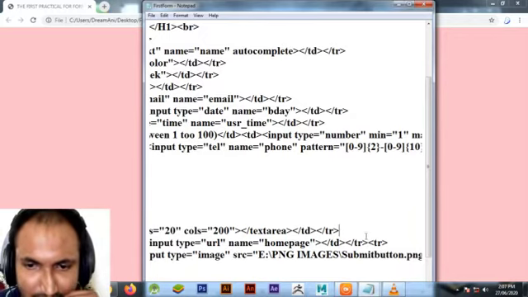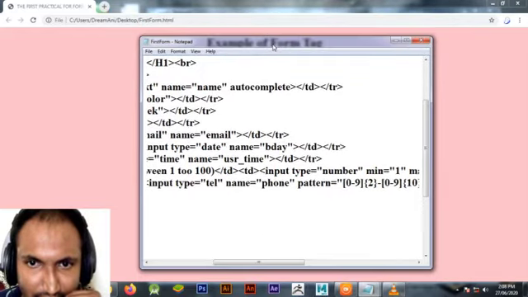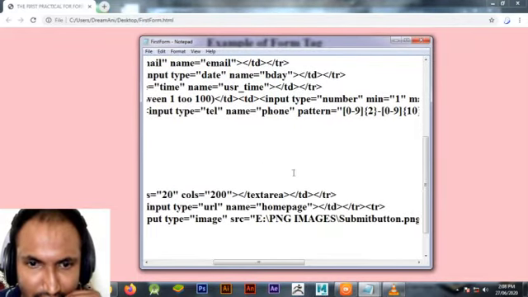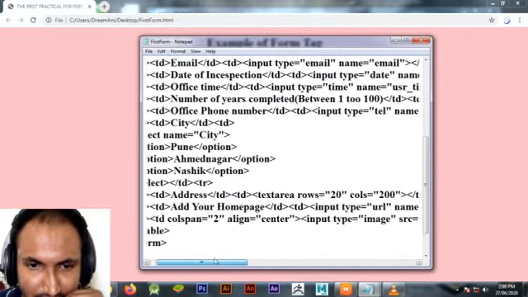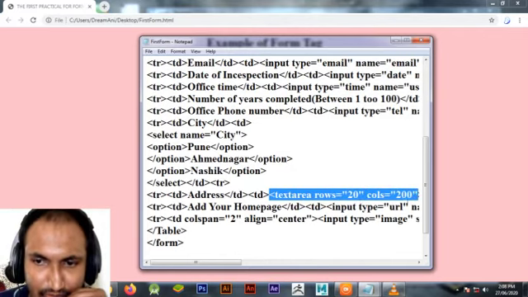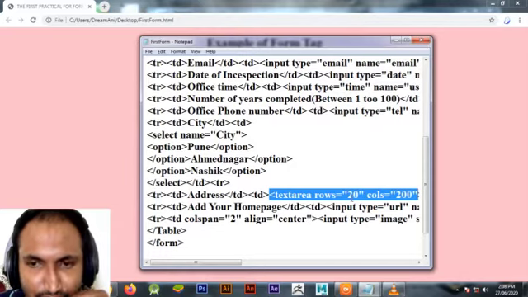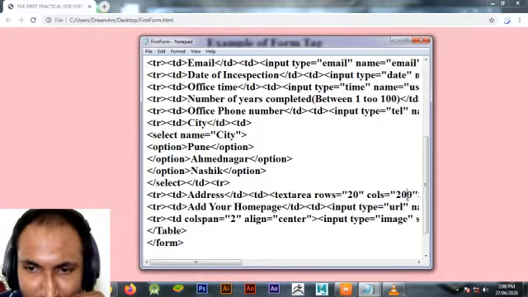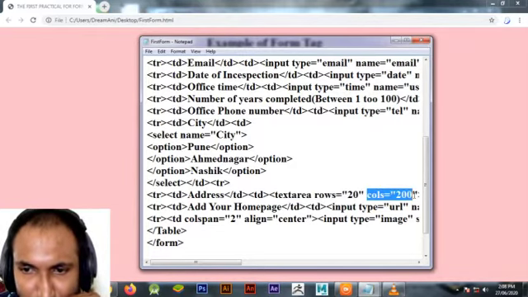See, in this text area tag we have written rows and columns. Rows means the number of lines you are allowed to write in it, and columns means the number of characters in each line.